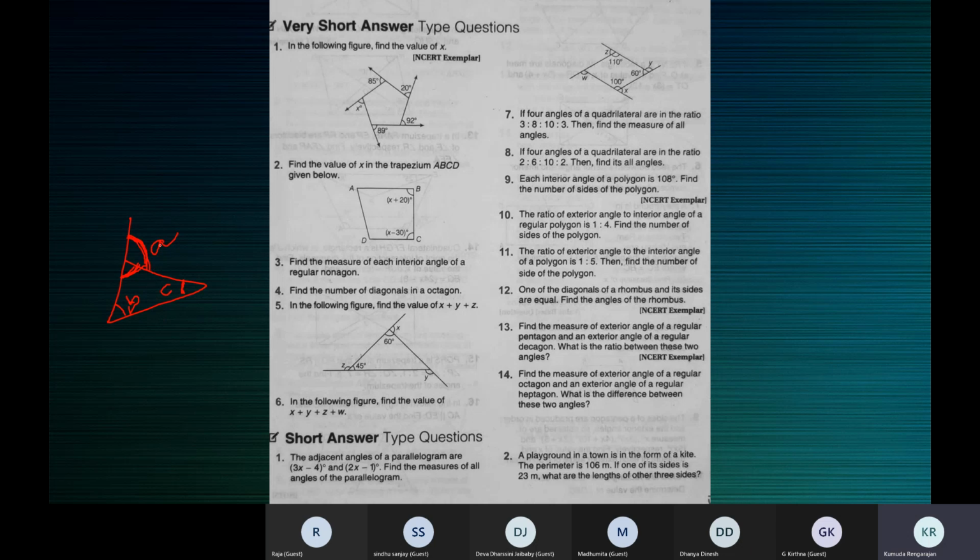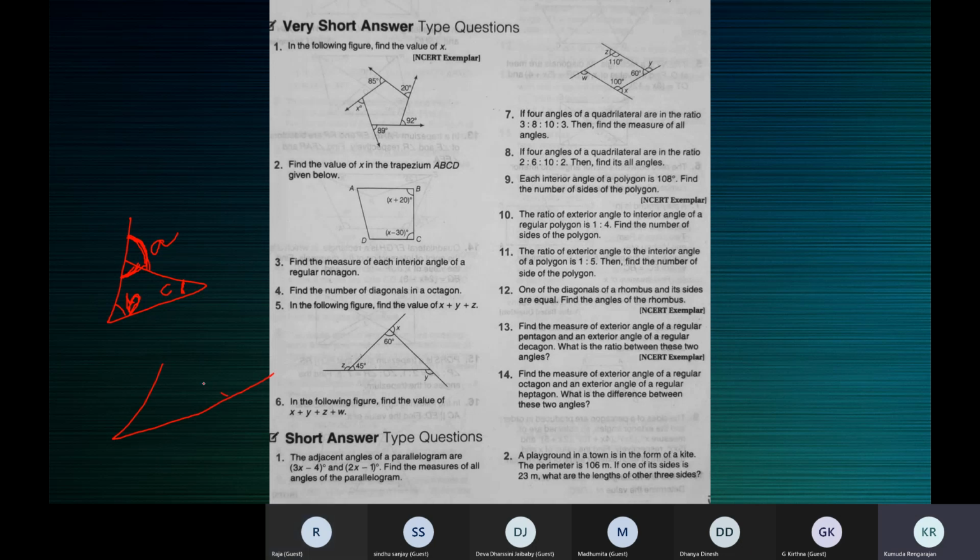That is, the exterior angle of a triangle will be equal to the sum of the interior opposite angles. There will be one interior angle just next to the exterior angle. A triangle has three interior angles. Ignore the interior angle which is just next to the exterior angle. So when you're finding A, ignore this one. A will be equal to B plus C. That is the exterior angle property in a triangle.